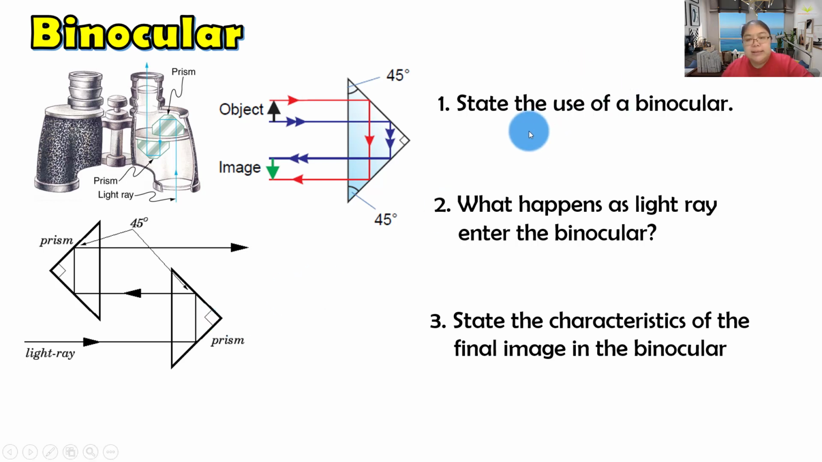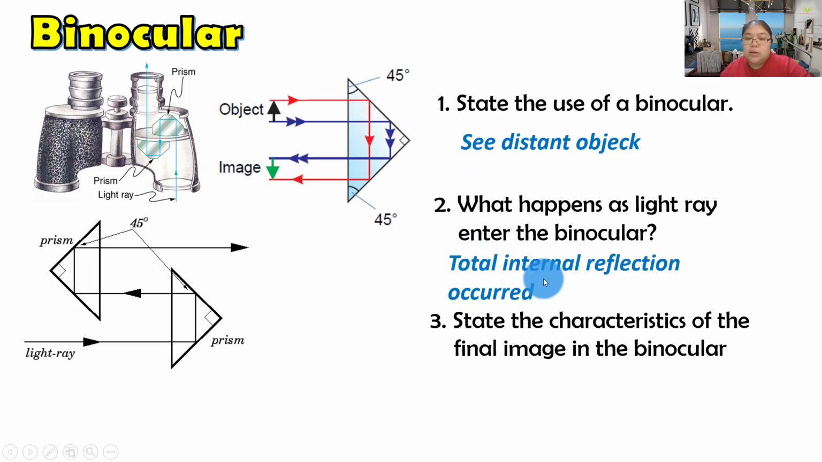Okay, now state the use of the binocular. The binocular's function is to see distant, faraway objects, right? So you use the binocular to see the distant object. Okay, what happens to the light ray? When the light ray enters the binocular, total internal reflection will occur. Can you state the characteristics of the final image? Sure, it is upright. Another one is virtual. Then your answer should be